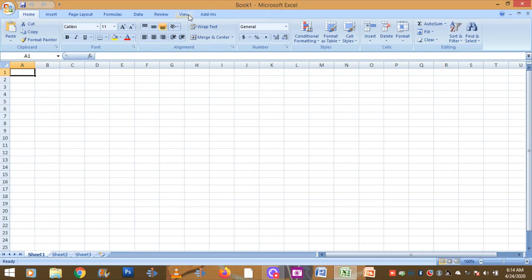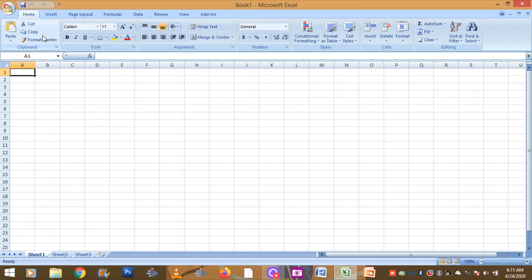Just below the title bar you can see tabs. This is the Home tab, the first one, then the Insert tab, Page Layout, Formulas, Data, Review, View, and Add-ins. Under the tabs, commands are available, and this portion is called the ribbon.